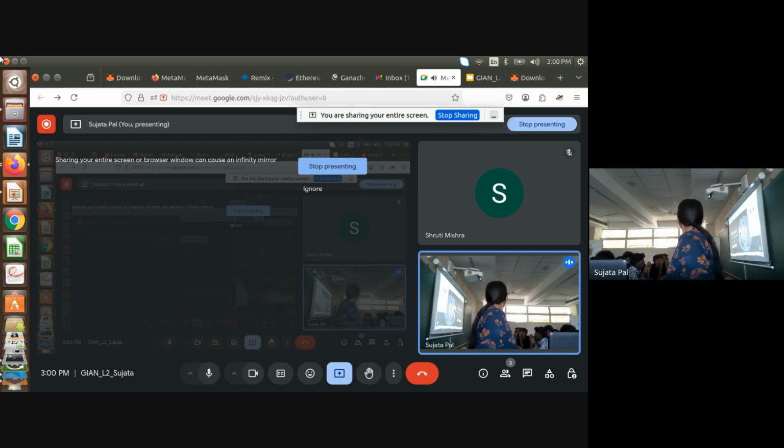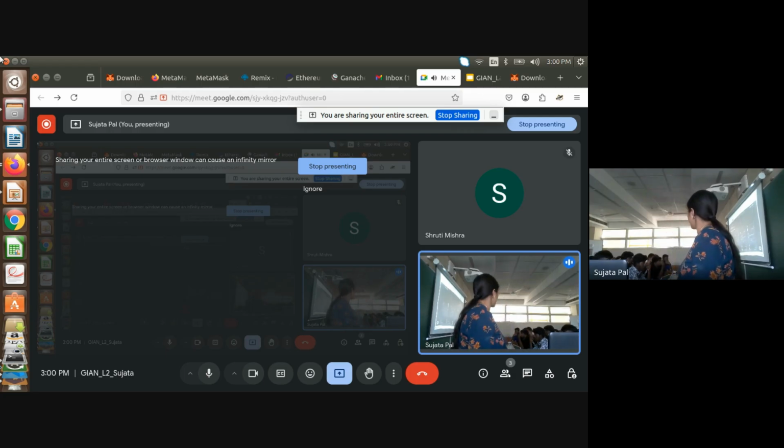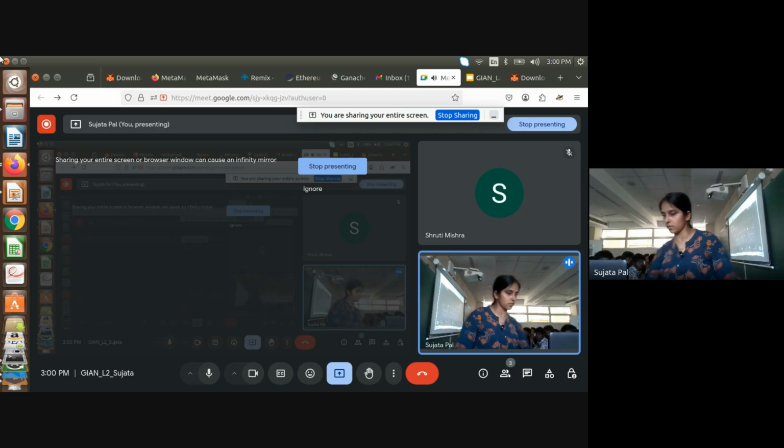When you have connected MetaMask in your browser, you will see this icon. It's connected with that browser. It will open. So these are the different networks from where you can purchase those passport coins.